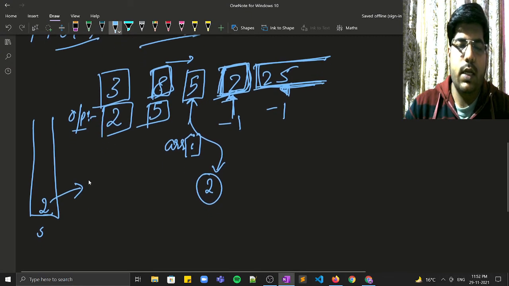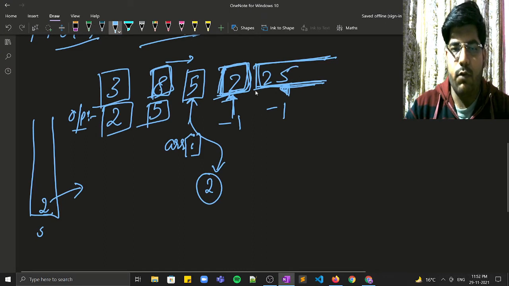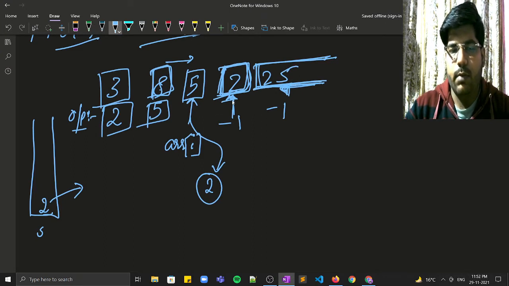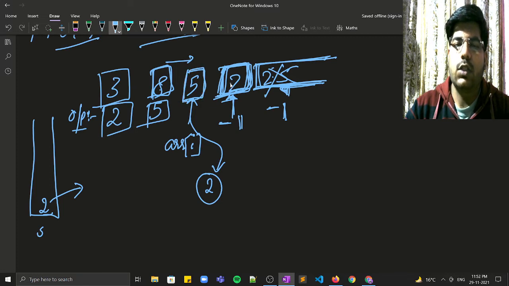So basically if you observe carefully, for 25 there was no element present in the stack, so the answer will be -1. For 2, again 25 was greater, so we popped it out, and 25 cannot be my answer for 2, so it will be -1. For 5, 2 was smaller and it was present at the stack top, so 2 was my answer. And now since 5 was greater than 2, it is pushed, right?